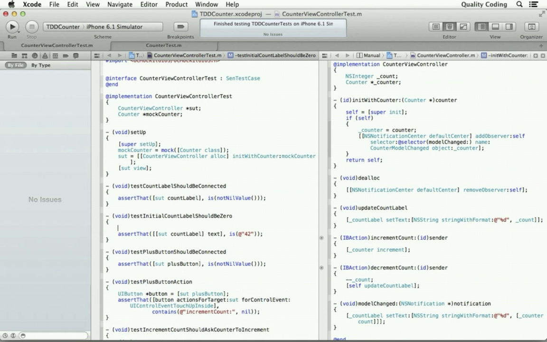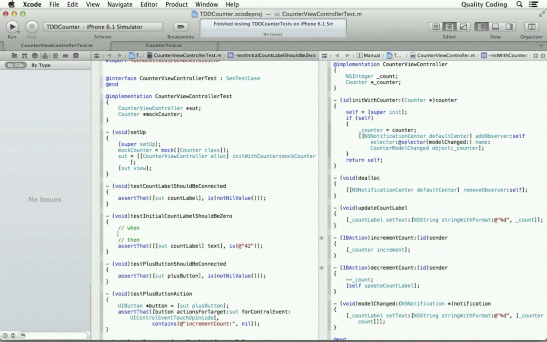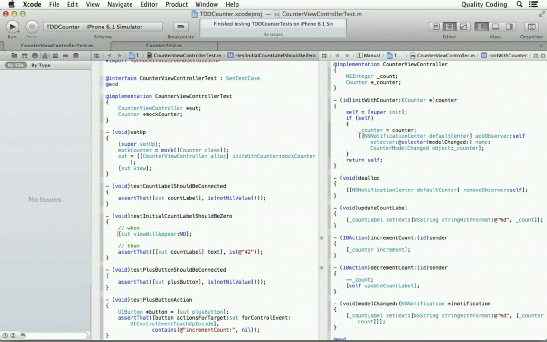Let's say, what's the condition? I think the condition is view will appear. I don't really care about the animation.